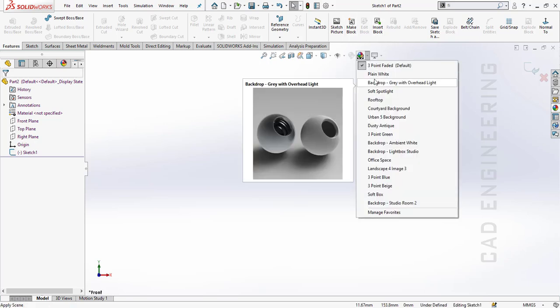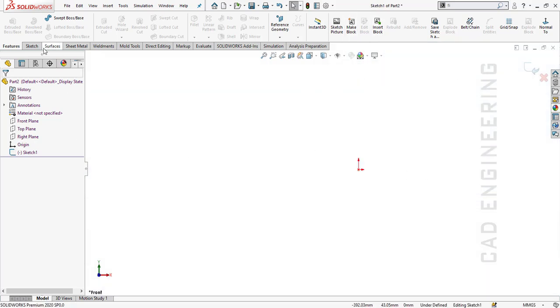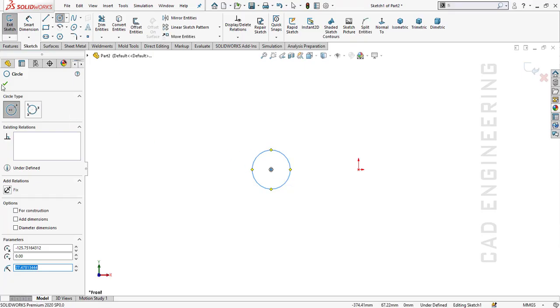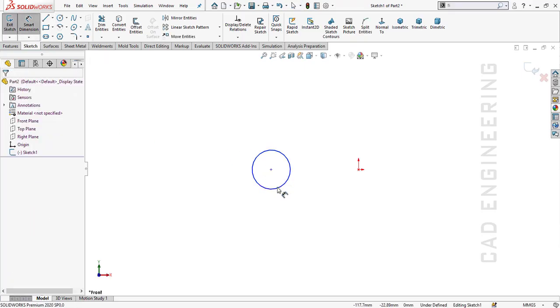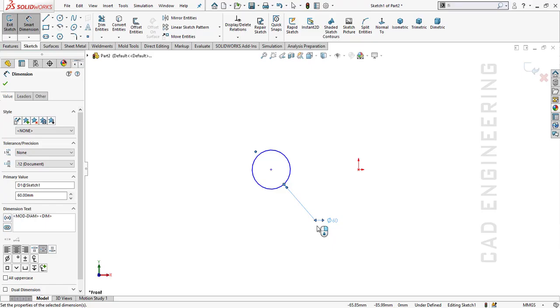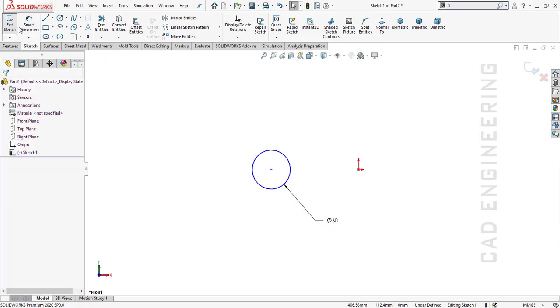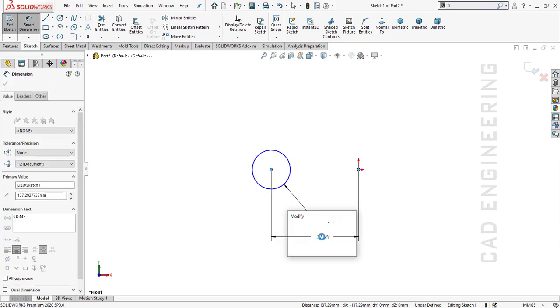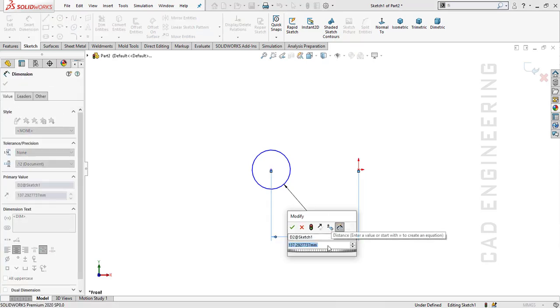Now I'm going to choose part. I choose this template. Now choose the plane height because it looks good. Choose circle. Make sure of the dimension. Choose smart dimension, 60 millimeter. Okay,